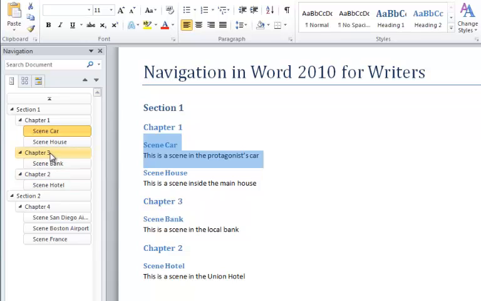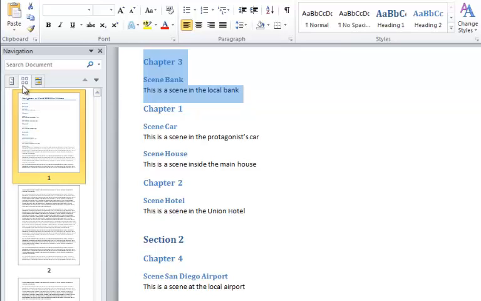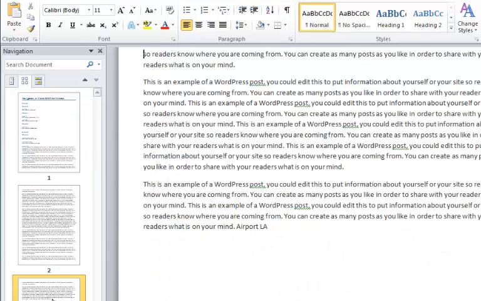I can also move chapters around. Let's say I want to move chapter 3 above chapter 1. Gosh, it moves not only the chapter, but it moves the scene and all text below it above the other chapters. Quick and easy way to lay out a book. But the navigation pane doesn't end there. It's got 3 tabs at the top: the outline view, the page view, which allows me to go page by